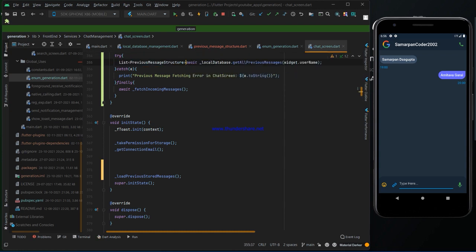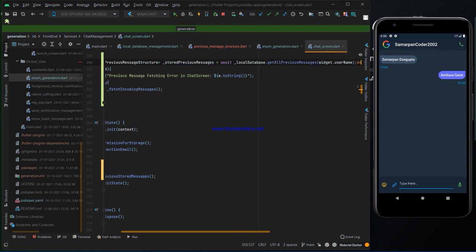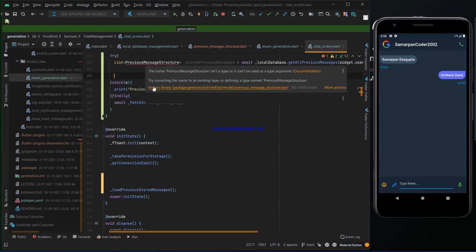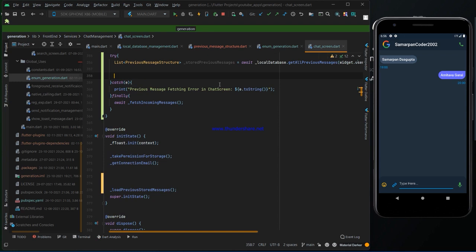So, stored previous messages. Okay, so we have to import that library.